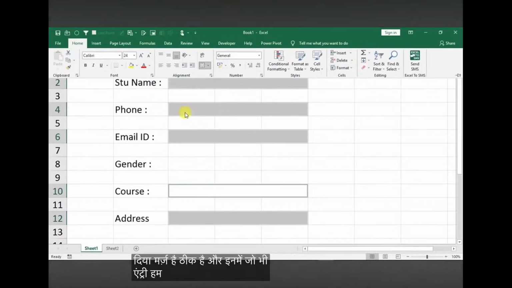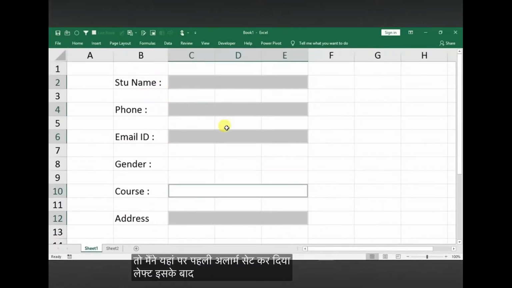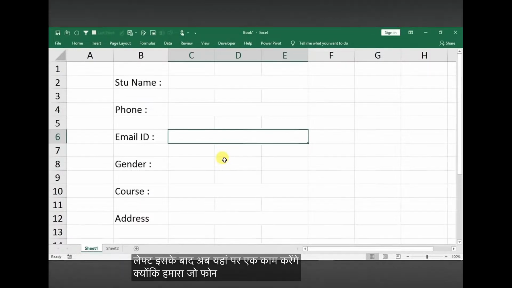और इनमें जो भी एंट्री हम टाइप करेंगे वो हमारी लेफ्ट में होनी चाहिए, नंबर हो या टेक्स्ट हो, तो मैंने यहाँ पे पहले ही अलाइनमेंट लेफ्ट सेट कर दिया। इसके बाद अब यहाँ पे एक काम हम करेंगे, क्योंकि हमारा जो फॉर्म है बिल्कुल ऑनलाइन फॉर्म की तरह डायनेमिक बनेगा, तो यहाँ पे कंडीशनल फॉर्मेटिंग का बहुत बेहतरीन